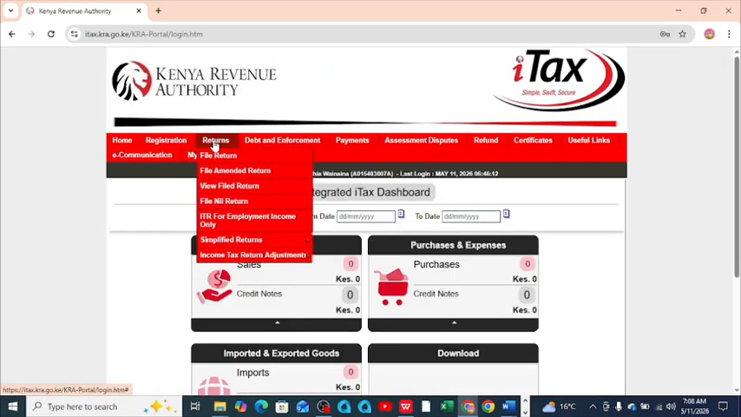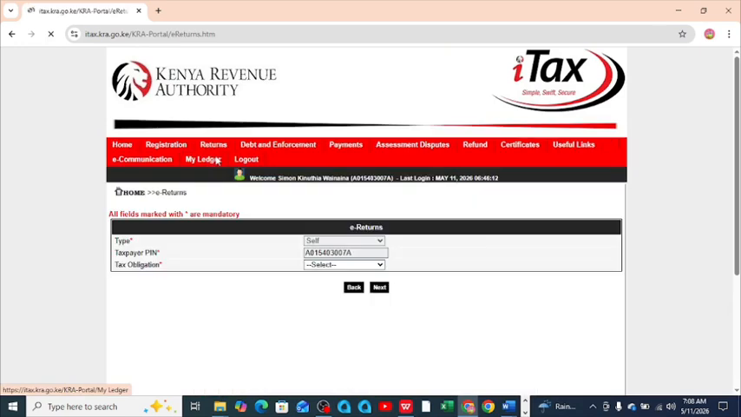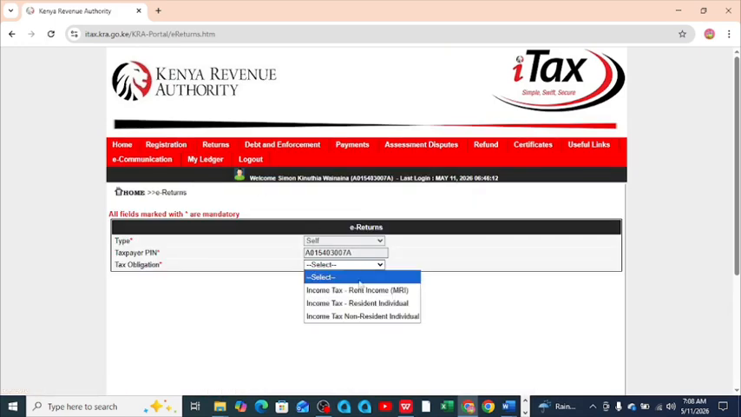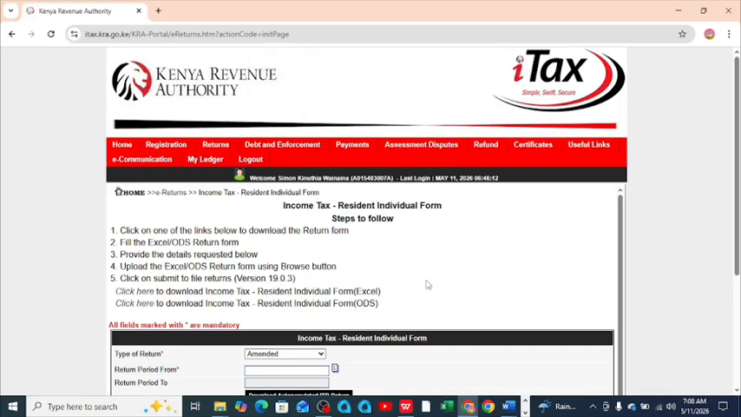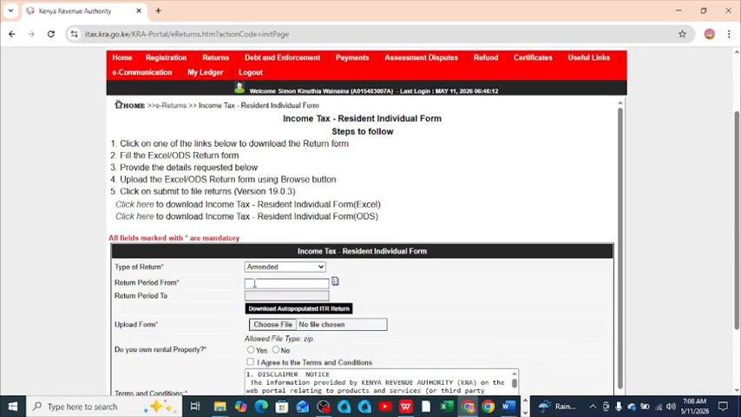Then you need to come to where we have return and choose file return. In this case, you are a resident individual, so just come here and choose income tax resident individual. Then click next. Since I am assuming you have not filed before,